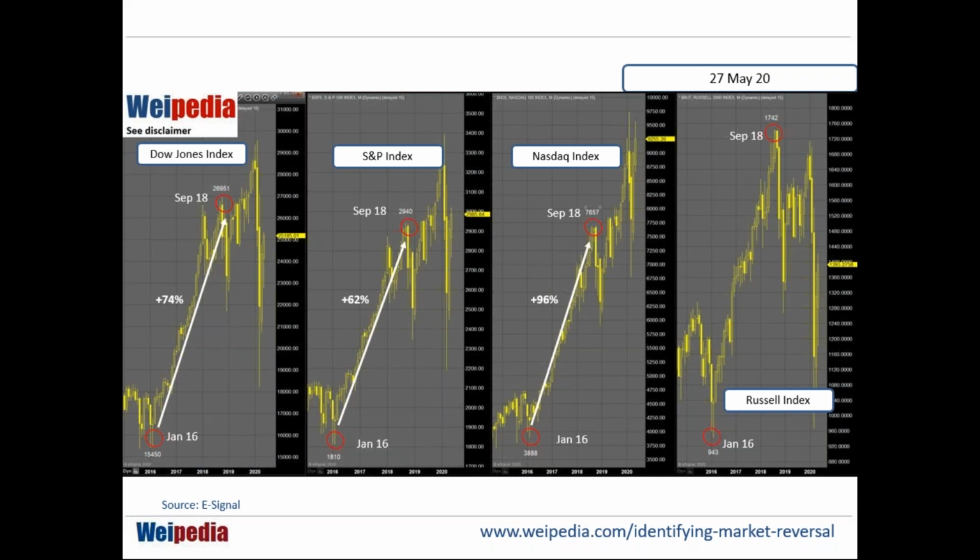Now what happened to the Russell? The Russell also did its catch-up, and it was much stronger compared to the Dow Jones and S&P. I'm going to exclude Nasdaq because Nasdaq is different. I would say that the Russell, compared to the S&P and Dow Jones, is in the same league. It's just that they are smaller-cap companies. Nasdaq is a bit of a different creature because they are the future of the world, all the tech stocks.